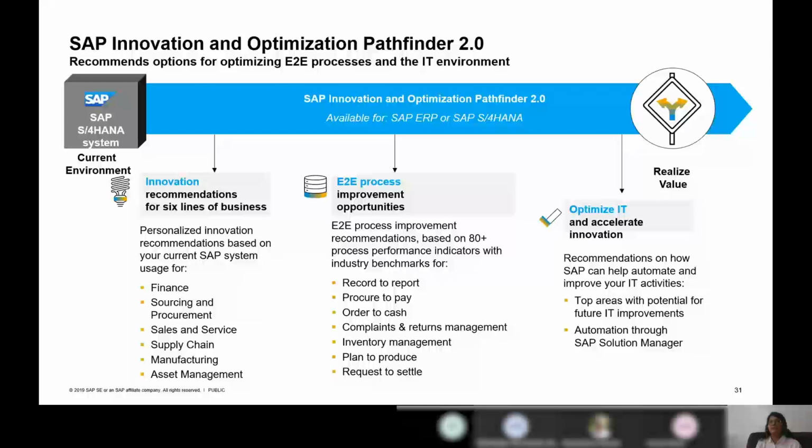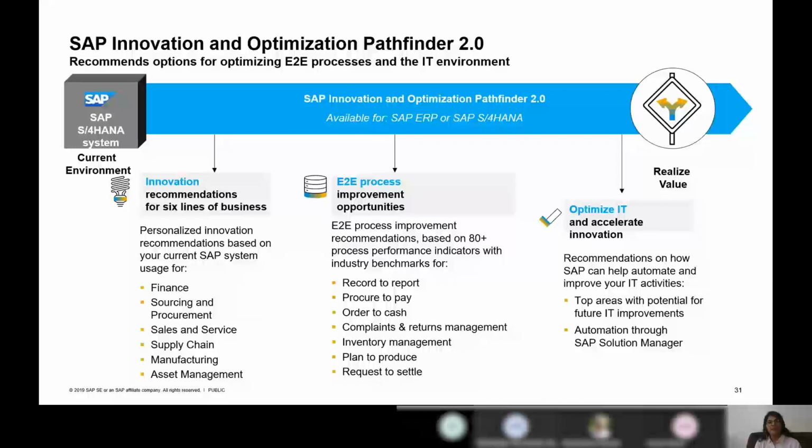So when I know that I'm doing only a few functionalities, why would I go through the entire laundry list of what SAP has to offer? So how can customers identify what they need to innovate in their existing processes? We have provided the SAP Innovation and Optimization Pathfinder 2.0 report.